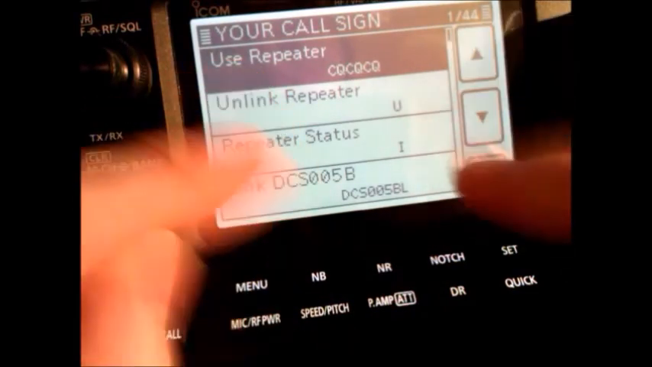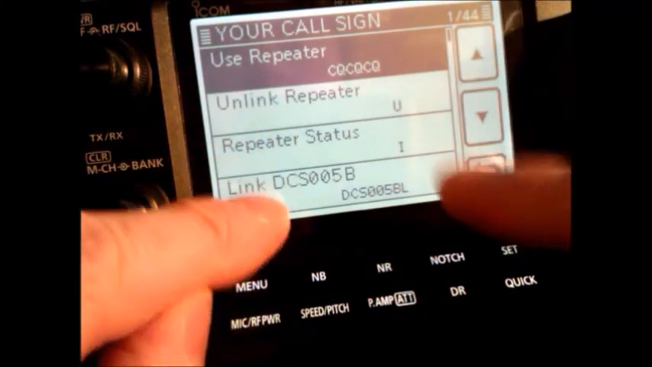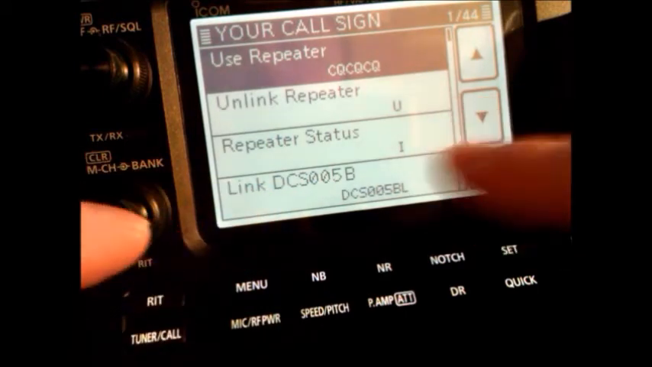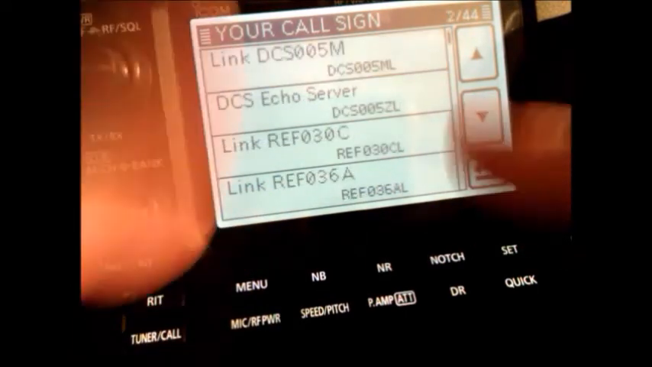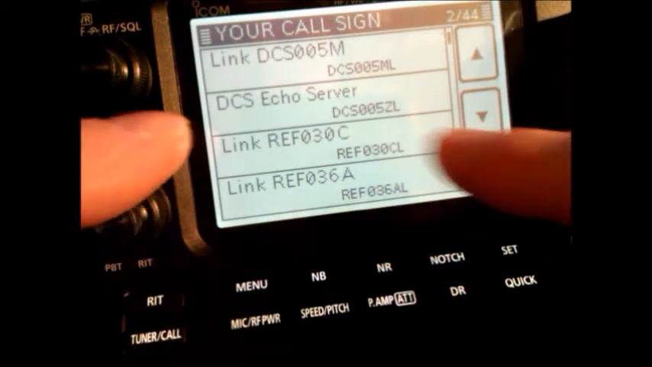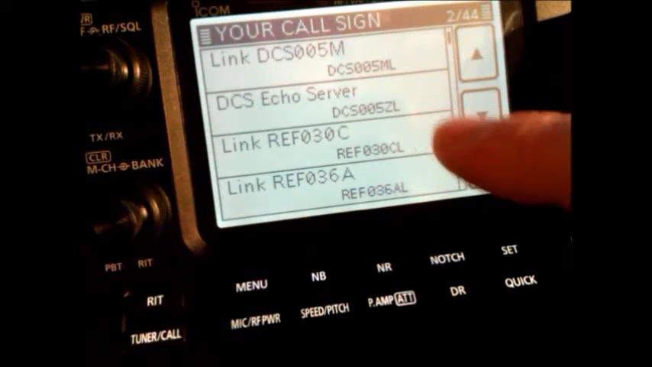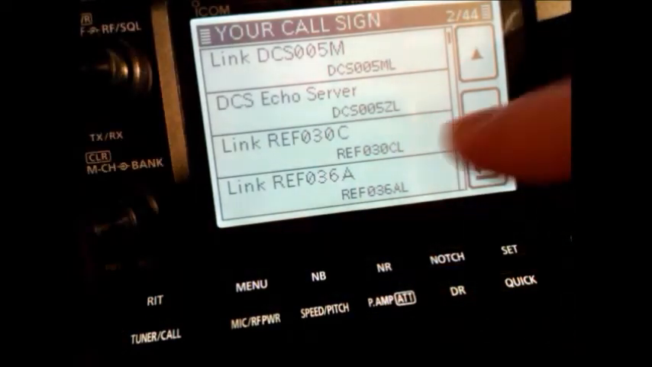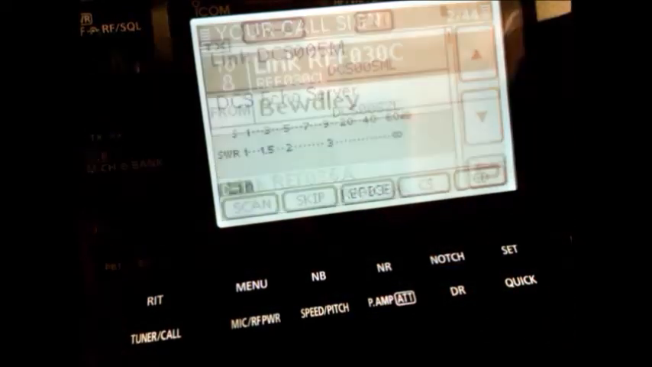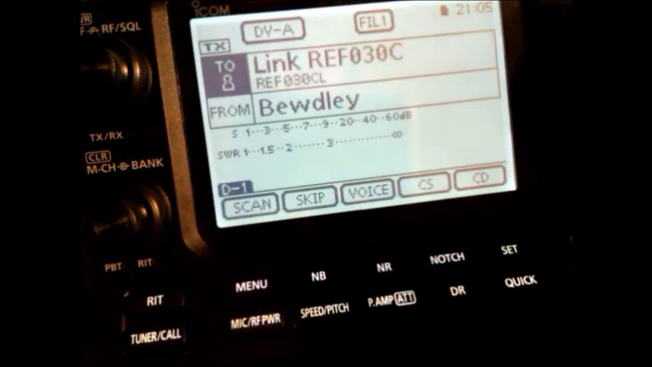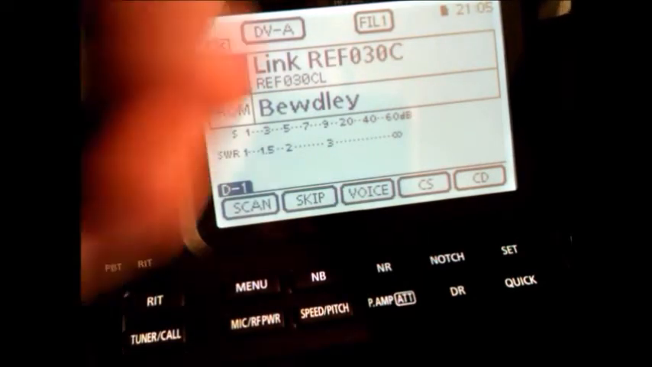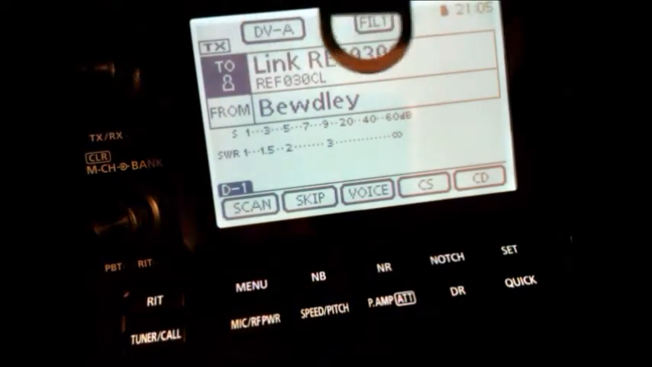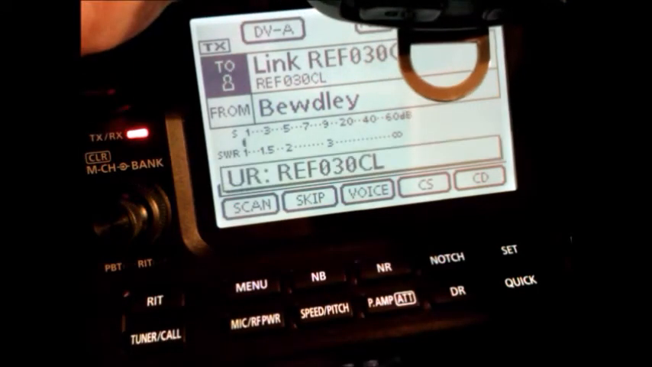My list is slightly out of order because I've customized it so my regularly used reflectors are at the top of the list rather than further down. We'll link it to reflector 30 Charlie, which usually covers the southeast of the United States. So we press that. Now what we'd have to do is get the microphone, and I don't know if I can get that in, and just press one of the PTT